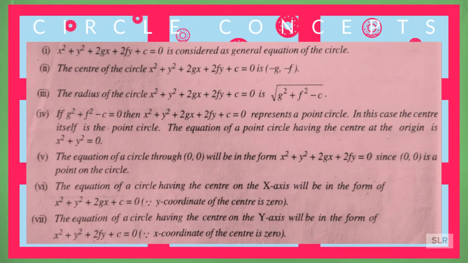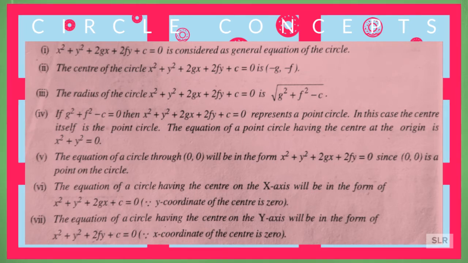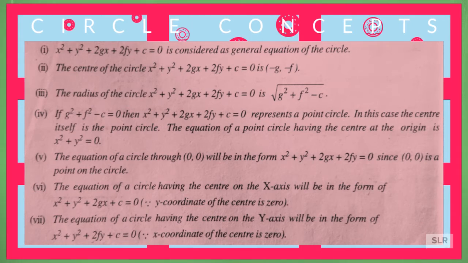Circle, some concepts. x square plus y square plus 2gx plus 2fy plus c equal to 0 is considered as the general form of the circle. The general equation of the circle is x square plus y square plus 2gx plus 2fy plus c is equal to 0. The center of the circle is (minus g, minus f). The radius of the circle is the square root of g square plus f square